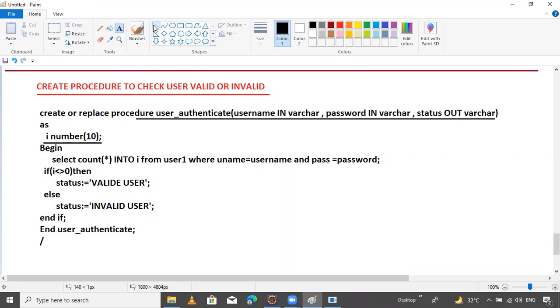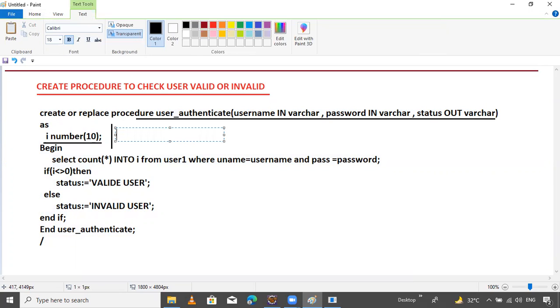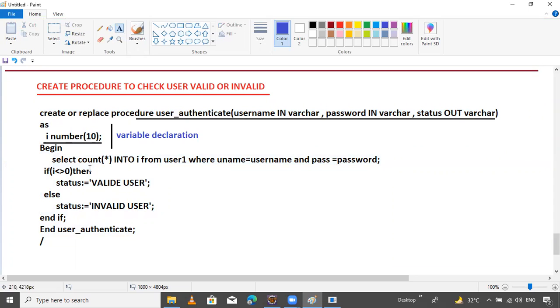I'm writing here: variable declaration. Here, what is the count? This is important, guys.